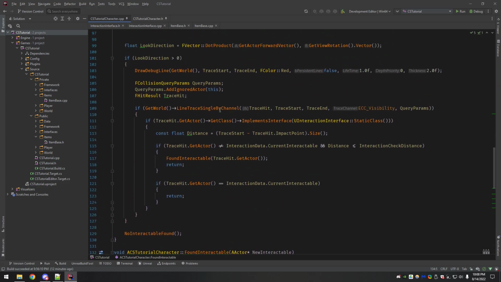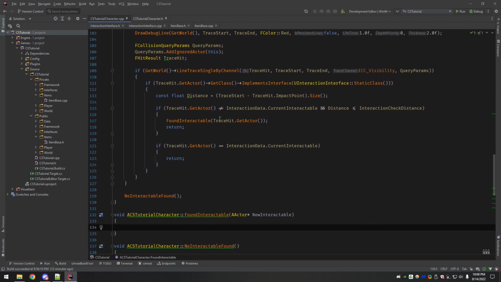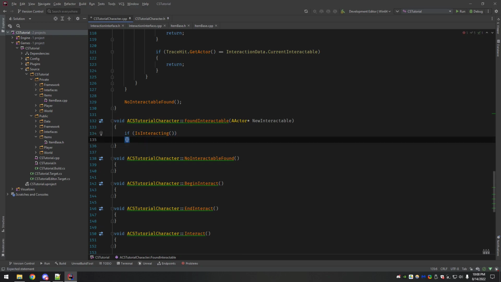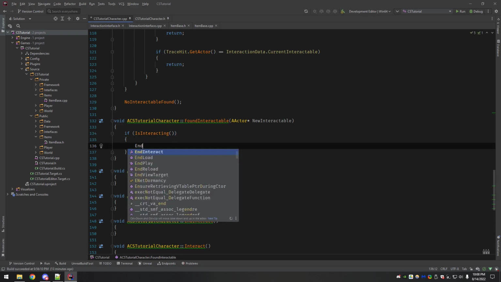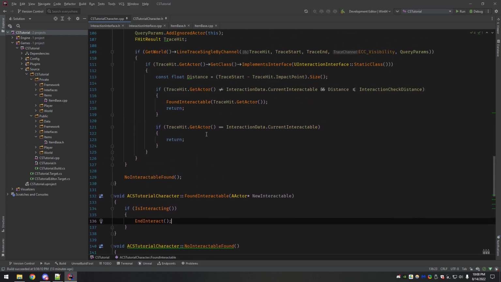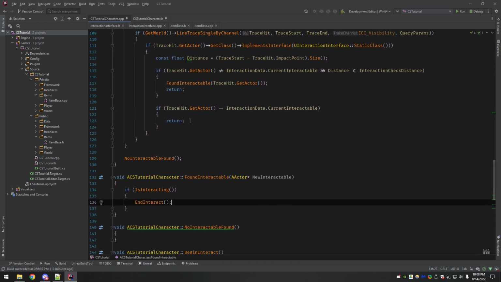Assuming we did a line trace, we found something that implements the interface, and it's now our new interactable. What we want to do first is use the function we just made. If our character is interacting, we want to call end interact, because that would imply that we've found something new.